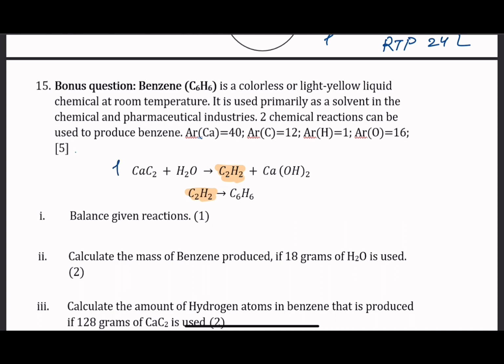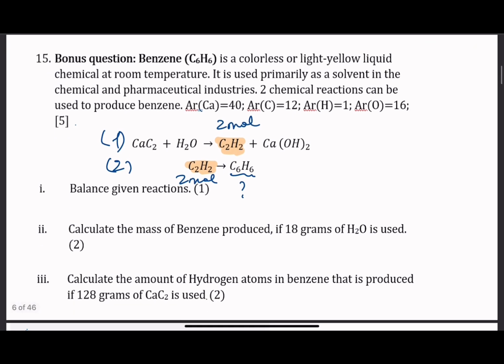So you need to first of all find out how many moles. Let's say 2 moles are made in here. That 2 moles will be used in here to make this guy, right? So you need to do your double reactions and be able to go from back towards the front, or from front towards the back. Okay,